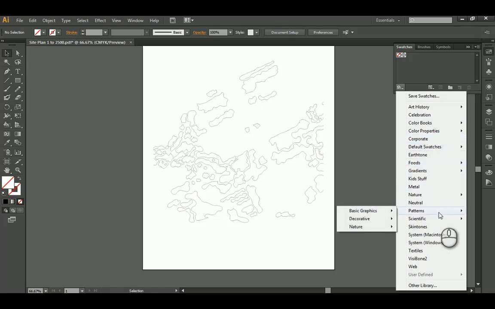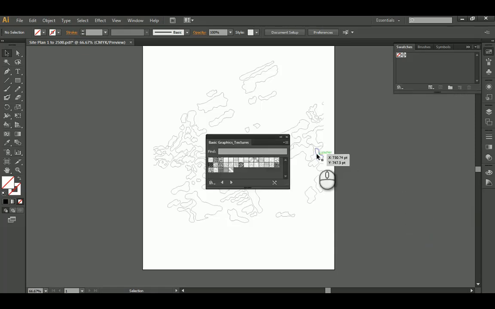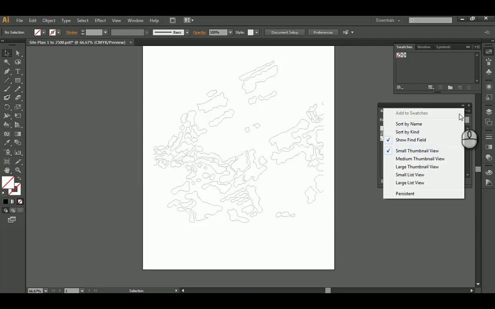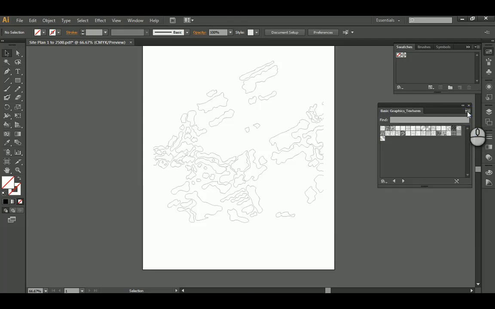So now everything within the tree shapes is able to be filled. And in this particular case, what I want to do is go into my swatch menu, which is the little colored boxes, and within the swatch libraries menu,